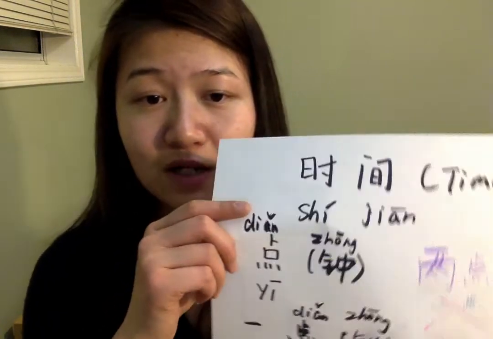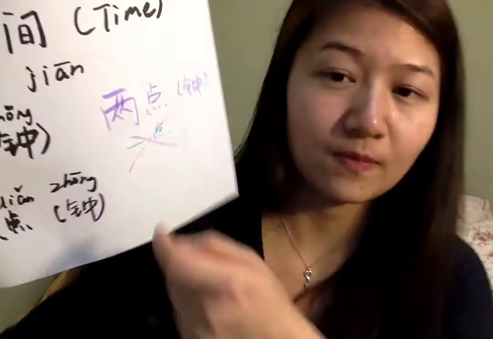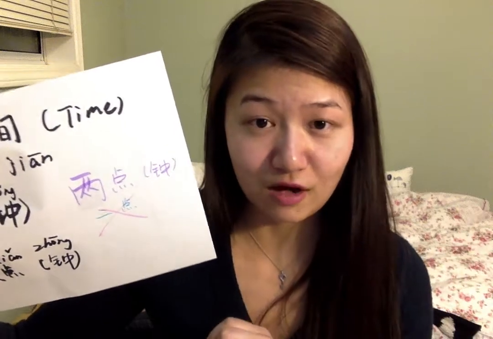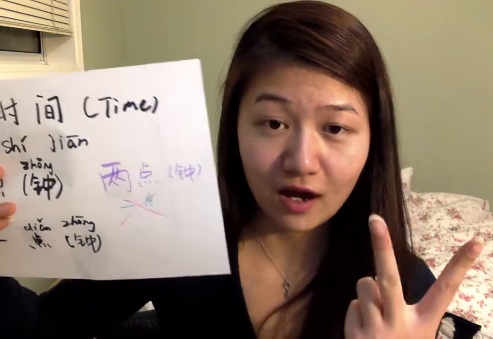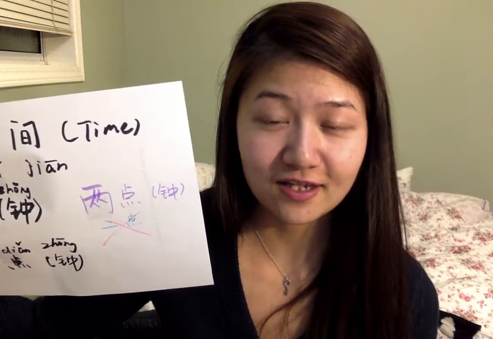Okay, here is what I want to mention. Usually we don't say 二点. Remember, 二 and 两, they're different. 二 is like you say the number, but 两 is like the quantity thing, quantity. So here, the time, it's kind of you quantify what time it is now, right? So we use 两 rather than 二. So we say 两点. Perfect. Repeat. 两点. Awesome.